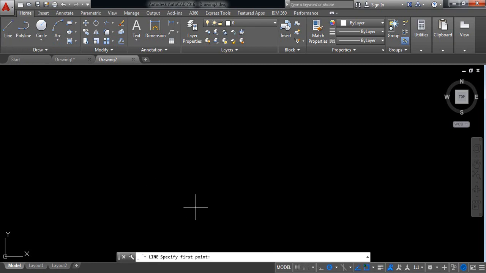select line. Now switch on ortho mode and draw a line of 2 millimeter. It is very small. Okay,